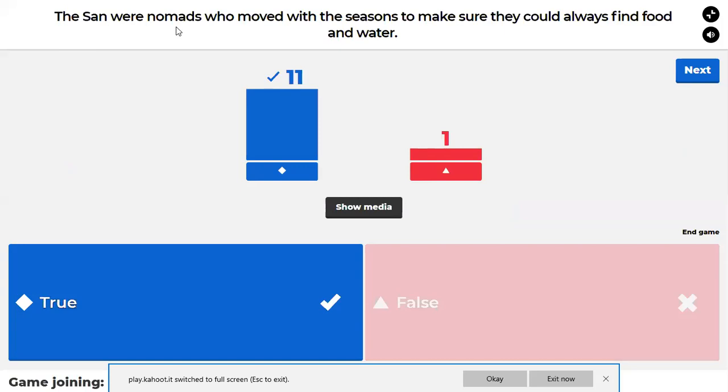The San were nomads who moved with the season to make sure they could always find food and water. Yes, that's true. That's correct. So they were nomads. They did not stay in one place. Okay, they moved with the season in order to find food and water.